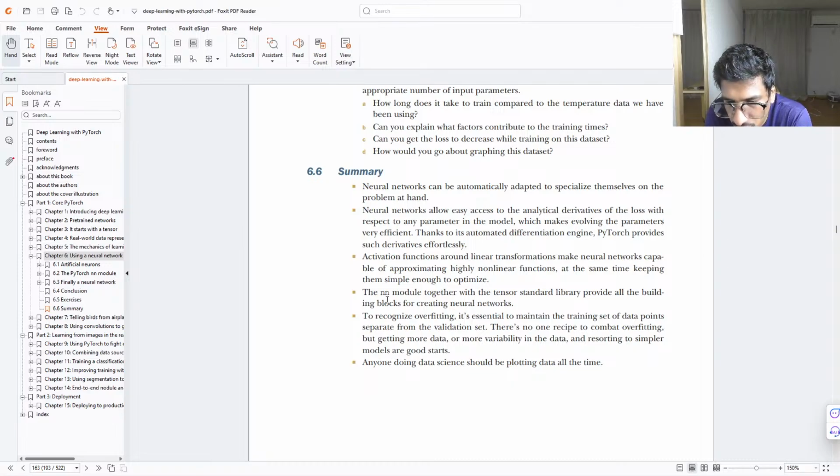Thanks to its automated differentiation engine, autograd, PyTorch provides such derivatives effortlessly. Activation functions around linear transformations make neural networks capable of approximating highly nonlinear functions, at the same time keeping them simple enough to optimize. The nn module together with the tensor standard library provides all the building blocks for creating neural networks. To recognize overfitting, it is essential to maintain the training set of data points separate from the validation